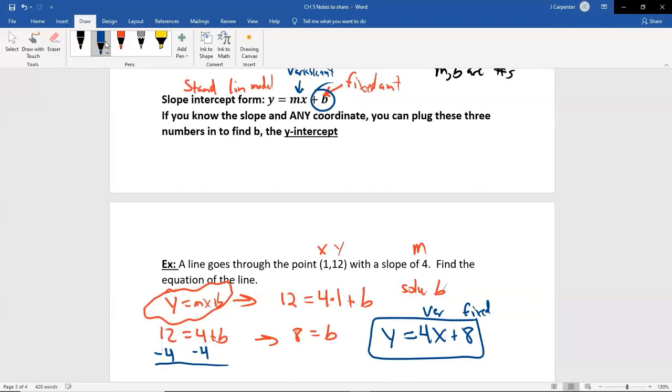So again, I don't have to give everything this way. This problem would relate to, hey, you've got a fixed amount of $8, that's your fee to get in, and you're paying $4 per ticket. That would literally be the same exact model. But this wasn't phrased exactly the same way. They didn't give us the initial amount. They gave us some random amount. This is not an initial amount. This is saying when there's one ticket bought, it costs you $12. But the cool thing is, you can create an equation that ends up giving you the initial amount out of that. That is extremely handy.